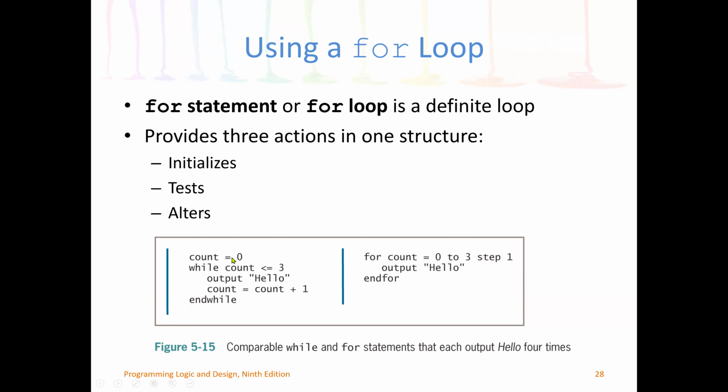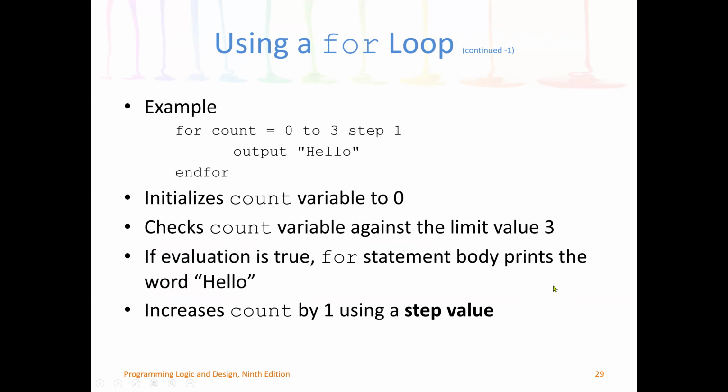Here we write the count is 0. We check the condition less than or equal to 3. We output LO, then we increment it by 1. The two are the same. Again, we'll see this when we implement Java, both for while loop and do while. So that's the example here. If the count is 0 to 3, step by 1, which means we initialize the counter